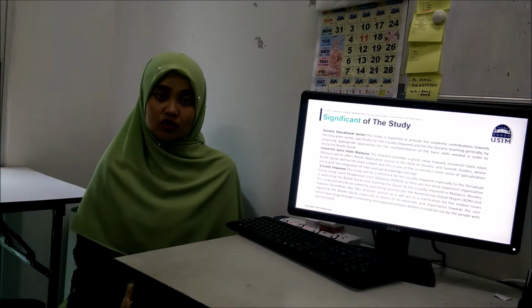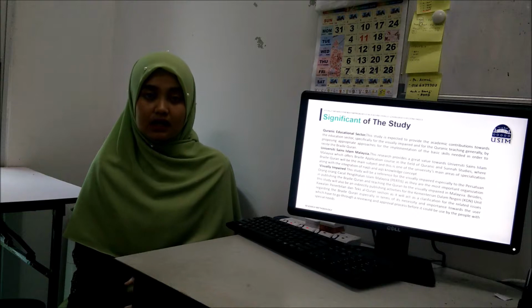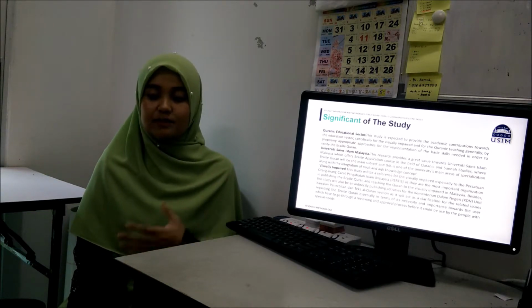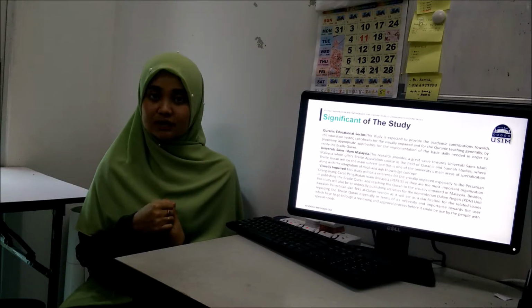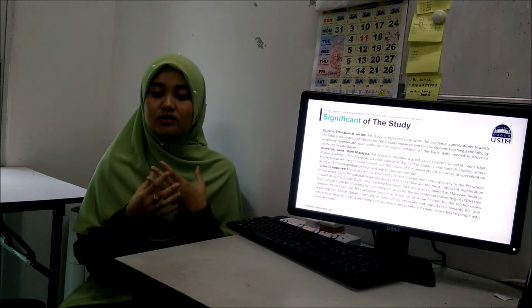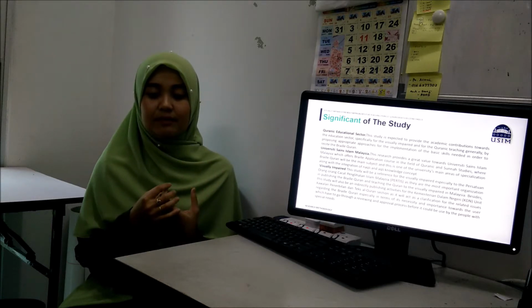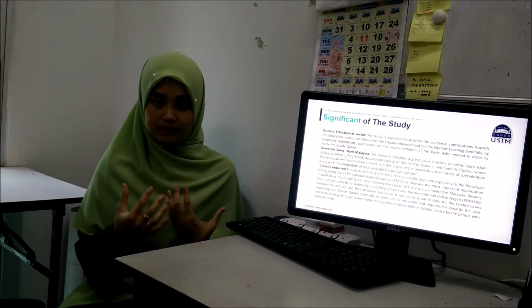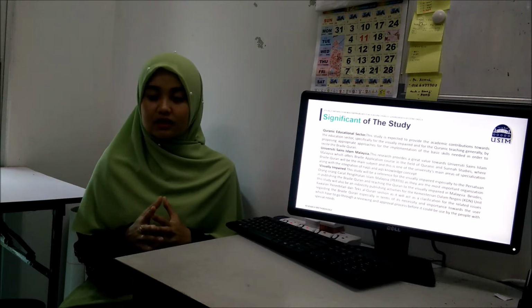And third, for the visually impaired, this study will be a reference for the visually impaired, especially for Persatuan Orang-Orang Cacat Penglihatan Islam Malaysia (PERTIS), as they are the most important organization in publishing the Braille Quran and teaching the Quran to the visually impaired in Malaysia.